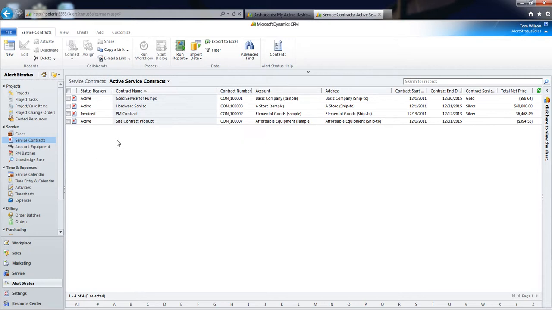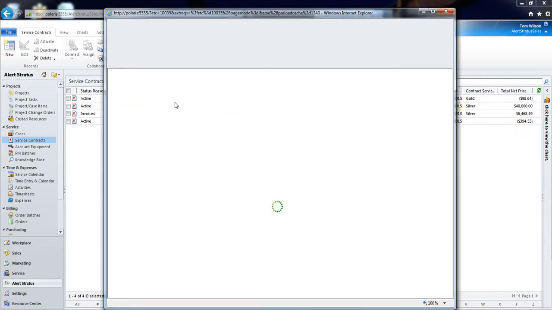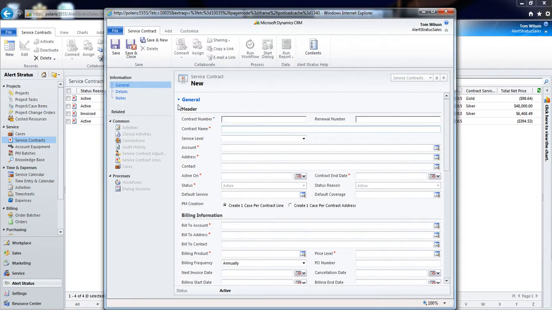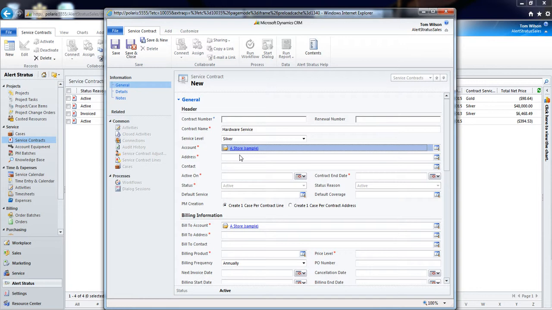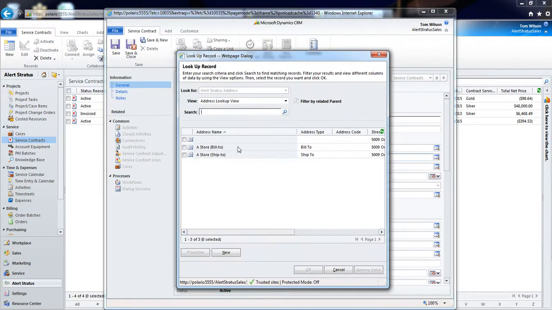So to create a new service contract, I'll select the service contracts entity and I'll click the new button in the top left corner. These top two fields are going to be grayed out because the system's going to create both these numbers for us. I'll start by giving the contract a name. I can provide a service level. I'll enter the account that this service contract is for, as well as an address,